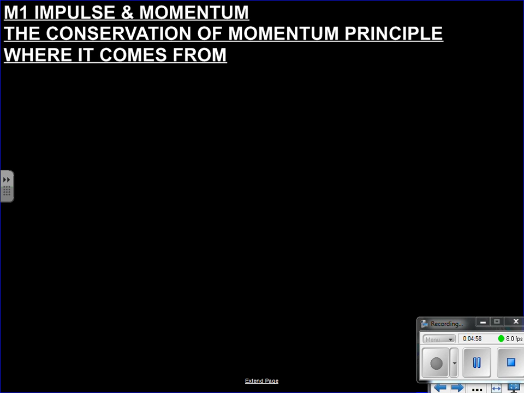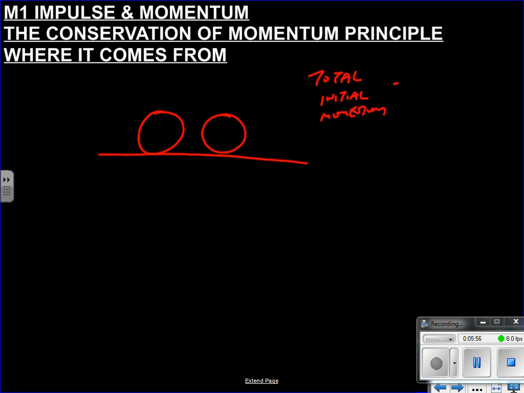So the conservation of momentum principle, what is it? What is the conservation of momentum principle? Well, it's saying that in a fixed space, a free space, free of all external forces and impacts like heat, friction, all that kind of stuff. So if you imagine two things happening in space on a smooth surface, let's say, so we're talking like snooker balls colliding into each other on a completely smooth surface. Conservation of momentum principle says that once two bodies collide in that space, the total amount of momentum is conserved. So it's saying total initial momentum of the system will always equal the total final momentum